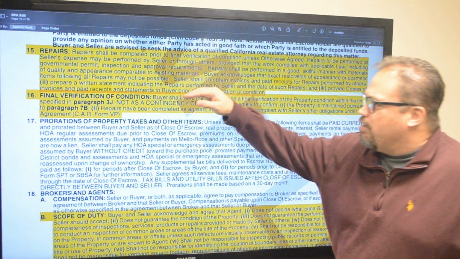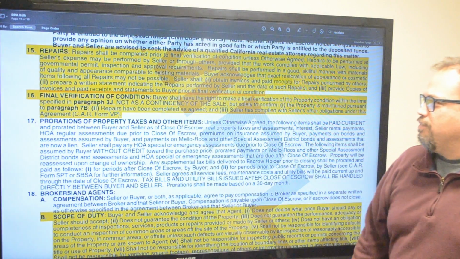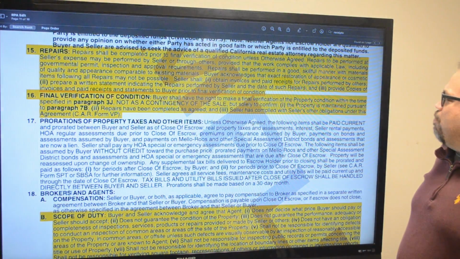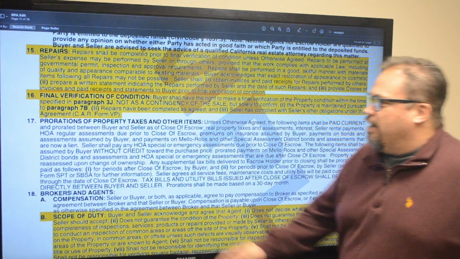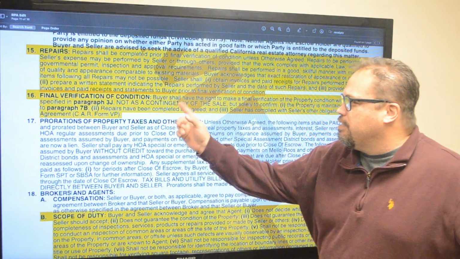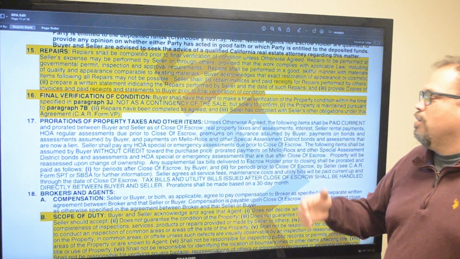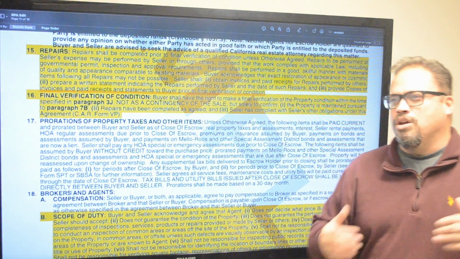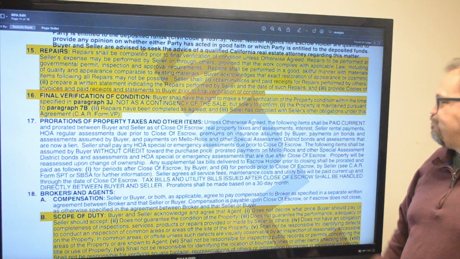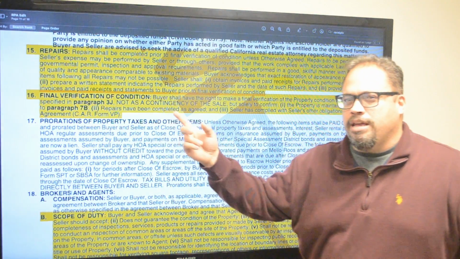So we talked about repairs up to the final verification. Now we'll talk about the final verification, the VP, right? The verification of condition of property. Buyer shall have the right to make a final verification of the property condition within the time specified in paragraph 3J, 5 days before the close of escrow. Not as a contingency of sale, guys. Remember that. You can't go in and say, oh, because of what we saw at the VP, we're canceling and getting our money back. No, it's solely to confirm that the property is maintained pursuant to paragraph 7B,